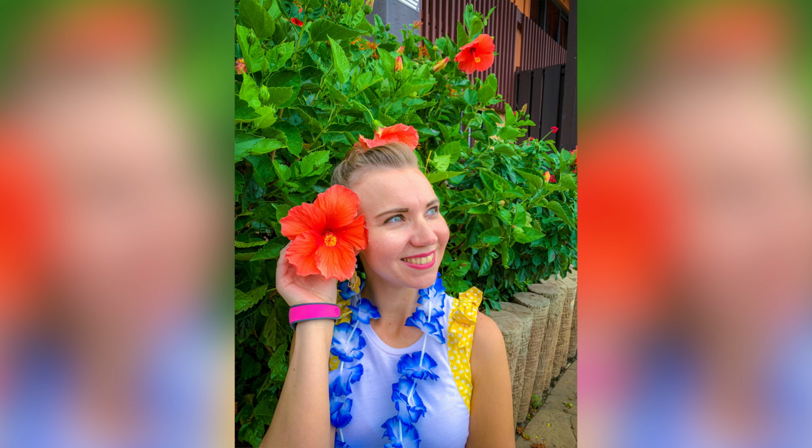We continued down the sidewalk towards the Grand Floridian, which is eventually where we're going to be, and on the way I took a picture with a hibiscus flower because that is one of the things we have to do. And there was no lobiscus to be found anywhere. I looked and looked all along the ground and no, just the hibiscus. That's unfortunate. Next, Robert posed for the next picture with the big kahuna tiki head, but he didn't want just